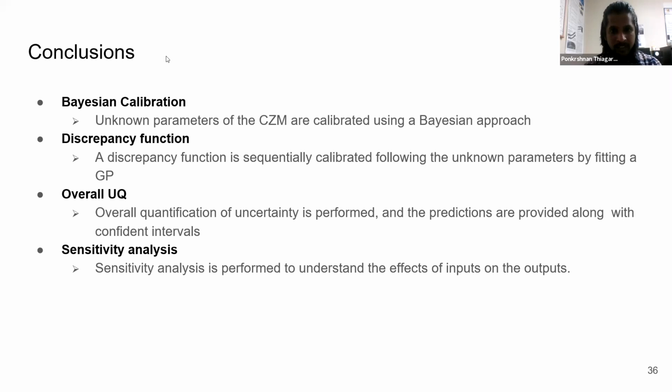How were the priors decided for the parameters? Oh, that's a very good question. Priors for Bayesian calibration are very important. In our case, we decided the priors by getting the fracture energy for different parameters, and then we ran a KNN, K-nearest neighbor clustering algorithm, to get the values for priors. So we plotted the fracture energies and then ran a KNN algorithm to get the prior information. Thank you.